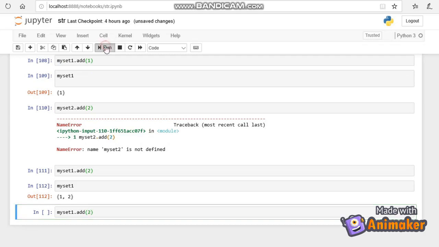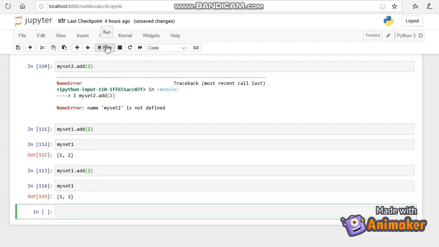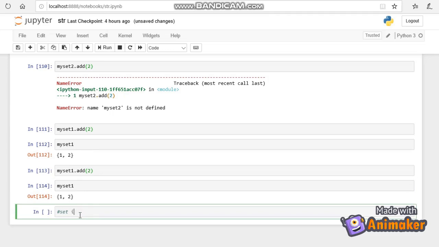The second time the 2 won't get added because the set cannot take any duplicate elements. So that's the speciality of set. So that's why it is highly optimized. Set is a highly optimized data type because we cannot add any duplicate elements in this set. So that's it about the set. We'll go to the Boolean now.